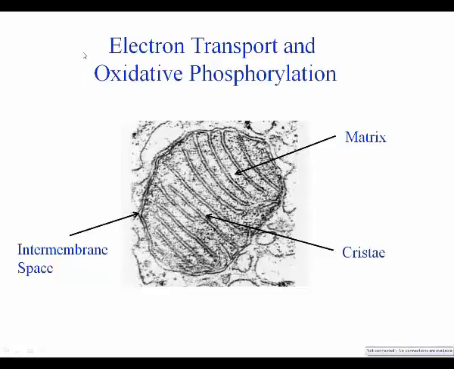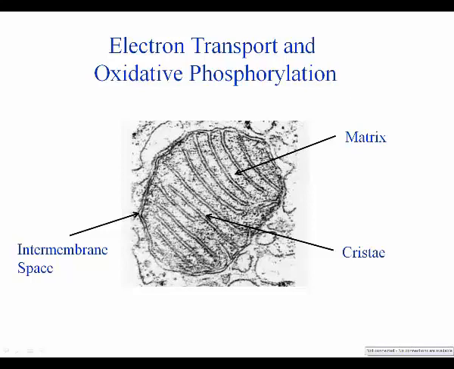We can finally get to the part of cellular respiration when NADH and FADH2 release their high energy electrons for the production of ATP. There are a couple of places that we really care about when we talk about electron transport and oxidative phosphorylation. The mitochondria, this is an electron micrograph, so using an electron microscope the mitochondria has been